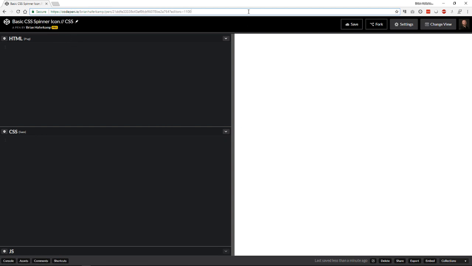Now these are what you see whenever data is loading into a web page. So the page loads, you get a spinner icon until the data fully loads in, and then the data replaces the icon. So I've been doing a lot of things with the APIs and pulling in information from outside third-party